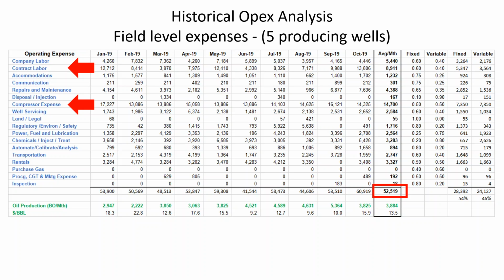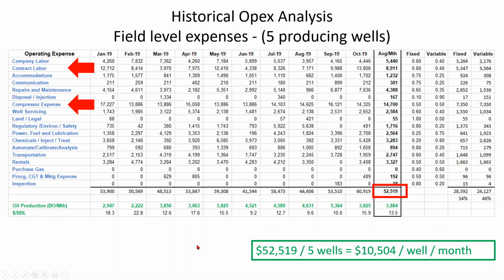So if we know there are 5 wells, we could divide that by 5. And we could say, as a fixed amount, each well takes $10,504 per month to operate. So that would be a fixed analysis. And we could apply $10,000 per month to each well in the economics. Or